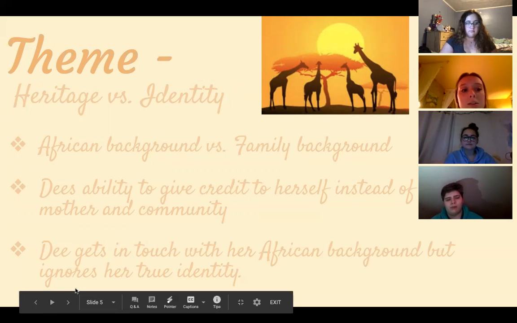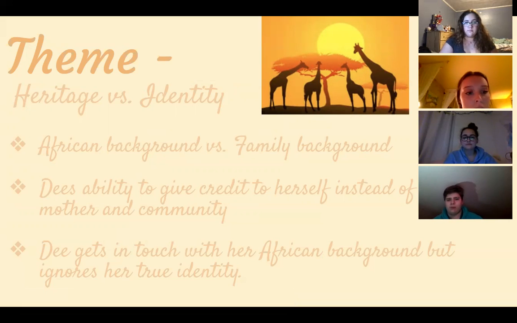Everyday Use by Alice Walker focuses mainly on the theme of heritage versus identity. When Dee comes home, she expresses that she has a new fascination with her African background. She has a new African name, a new African clothing style, and brings another African friend with her. She comes to take pictures of her home and artifacts that give her credibility as a woman who has come up from nothing. However, in reality, she has made it as far as she has because of her mother and